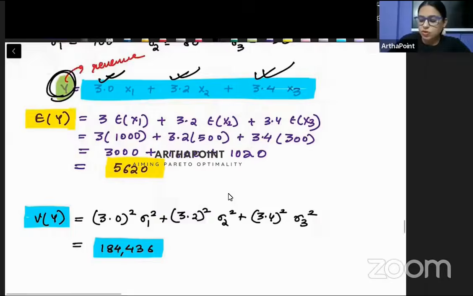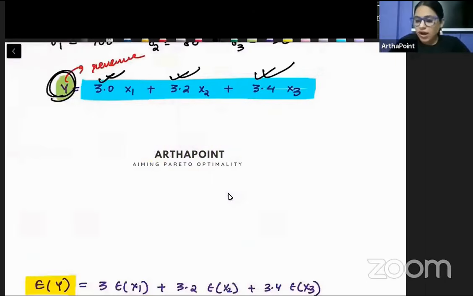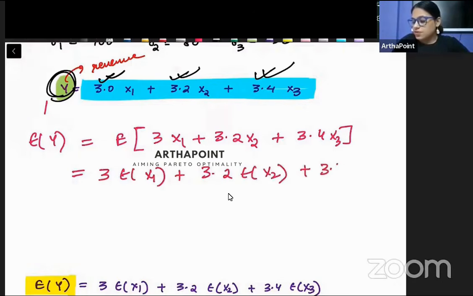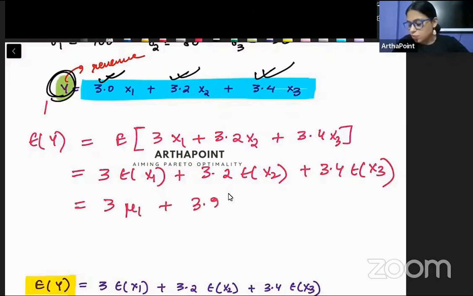ये हमारा यहां से आ गया। अब ये बोल रहा है find the average revenue earned। तो बच्चे बहुत सिंपल है, if I want to ask कि एवरेज रेवेन्यू हम कितना अर्न कर रहे हैं, this is going to be the expected value of 3x1 plus 3.2x2 plus 3.4x3, ये हो गया, राइट बेटा। तो इसको क्या कर सकते हैं, we know this expected value of a1x1 plus a2x2 plus a3x3 क्या हो जाएगा 3 expected value of x1 plus 3.2 expected value of x2 plus 3.4 expected value of x3, और ये हो जाएगा 3 μ1 plus 3.2 μ2 plus 3.4 μ3।